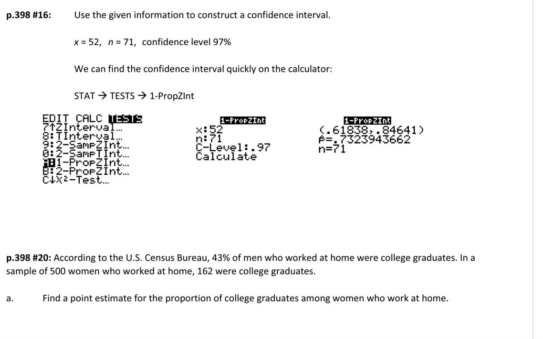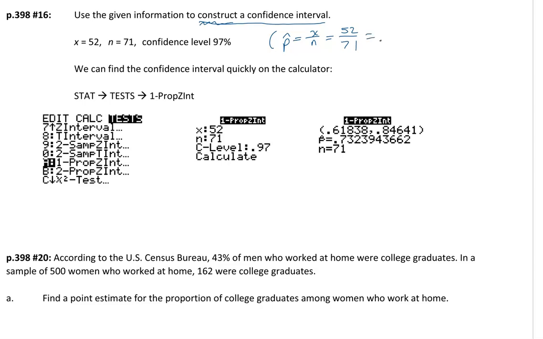Welcome back. This is 8.3 part 2, and we're going to dive right into finding an interval with the calculator. So number 16, use the given information to construct a confidence interval. And that's the language we usually use, this word construct. So notice we're given an x equals 52 and n equals 71. And so just to keep it fresh in your mind, we could find our p hat right away. P hat is x over n, which would be that 52 over 71